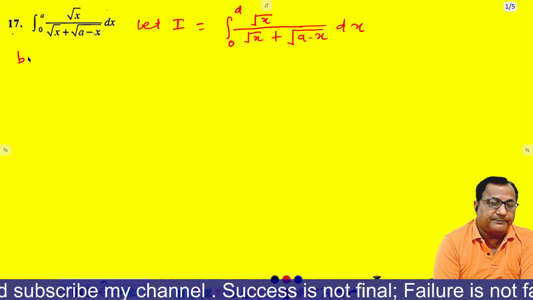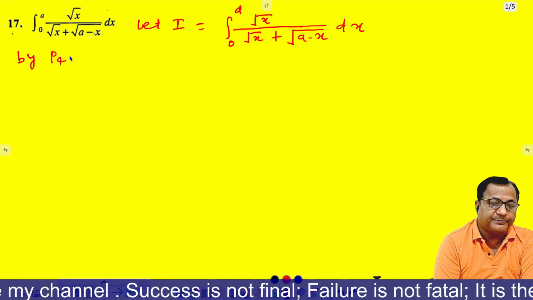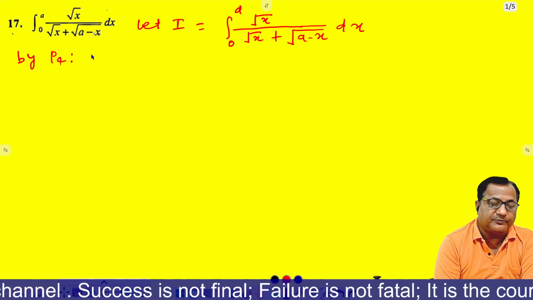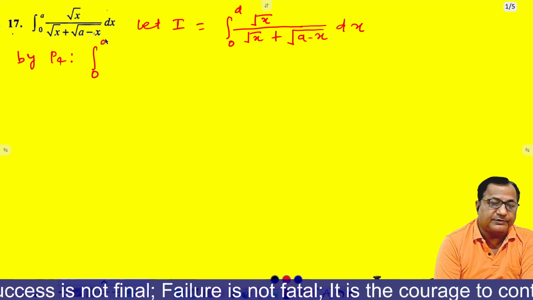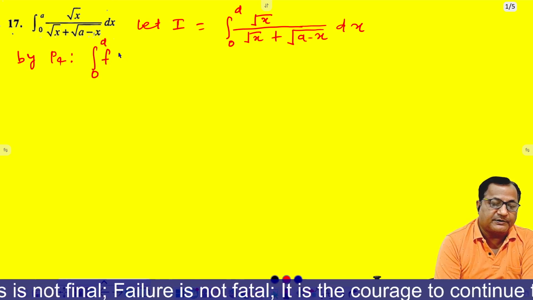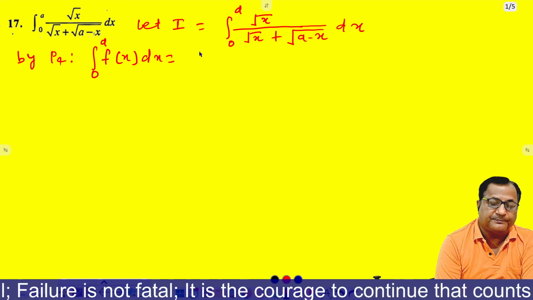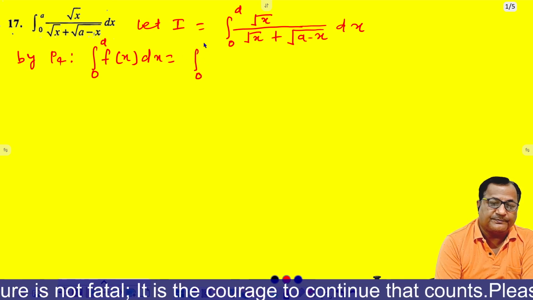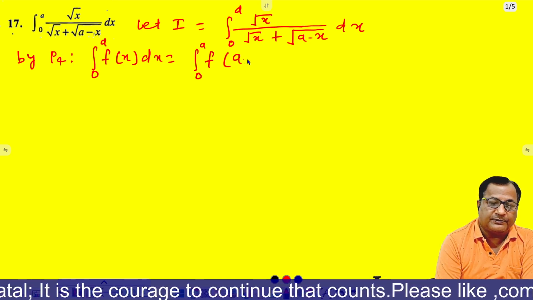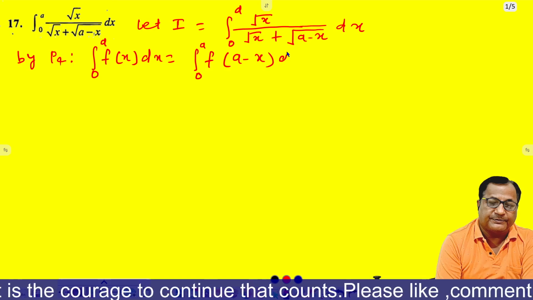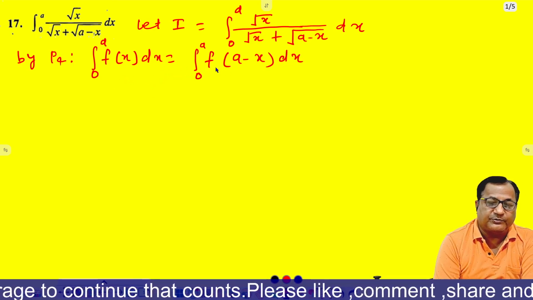Then by the P4 property. The P4 property is: integral from 0 to a of f(x) dx is equal to integral from 0 to a of f(a minus x) dx. So by using this property we will write